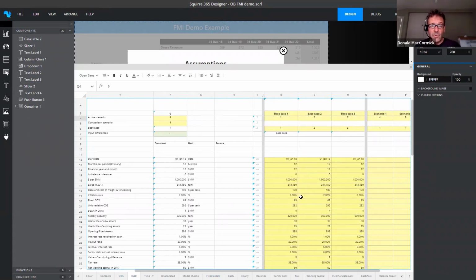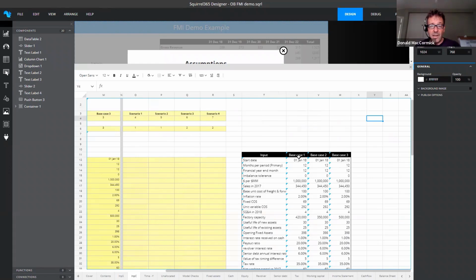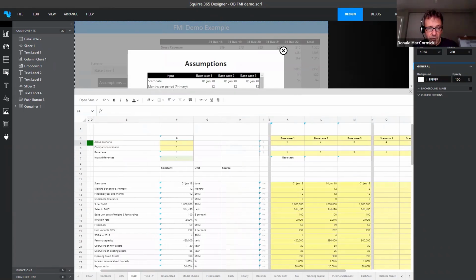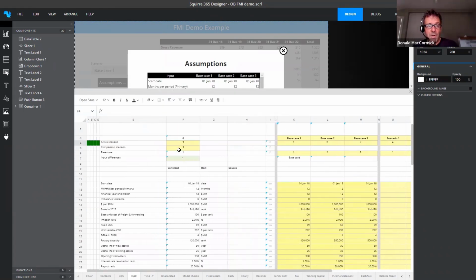So I've got these inputs, but I wanted to combine them together, so I just put them in this table. That's all I did to that spreadsheet. And now, I don't know how many of you are familiar with the way that OneBox works, but if you type a different number in there, it picks a different scenario. So I use that in my